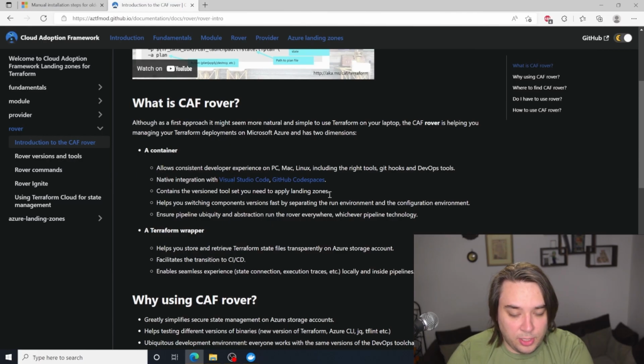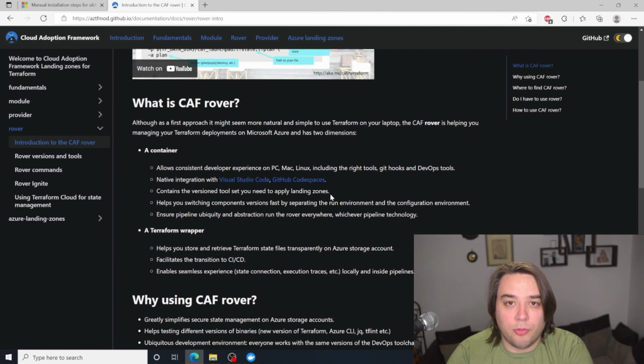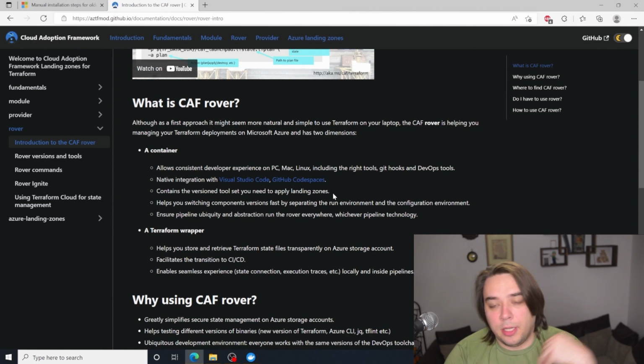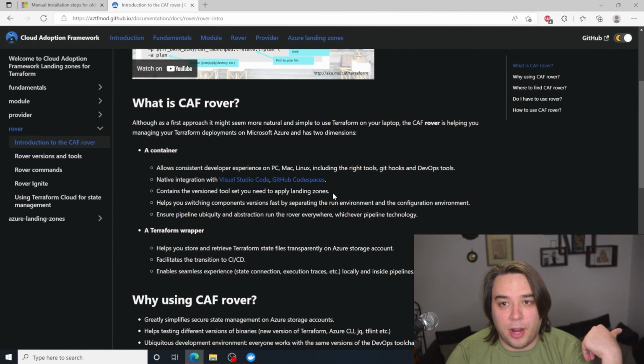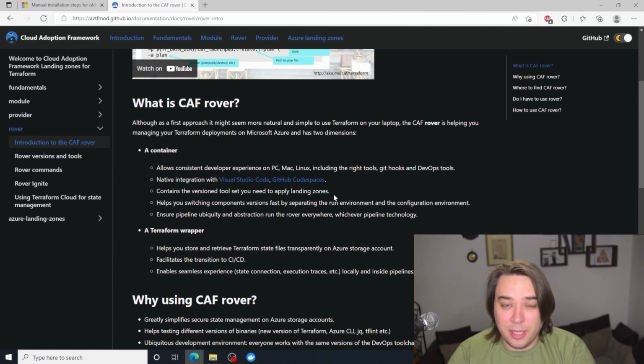No matter what environment you run, whether a Mac, Windows, or Linux, because you're running the container, it's all going to be the same throughout. You're not really worried about, for example, your PC being different to somebody else's PC, maybe certain path variables that you've included in your PC but haven't included in theirs. So what Rover aims to do is eliminate that by just getting you to use a container. That's the great thing about it.